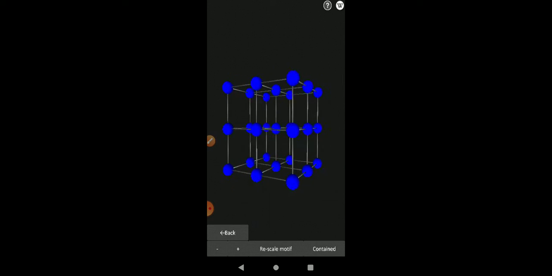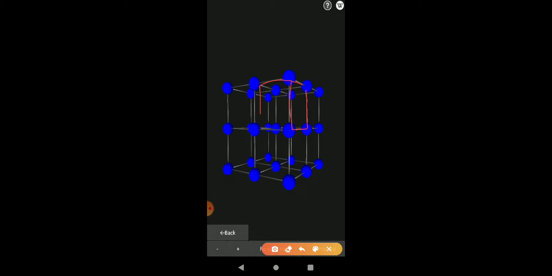And in this crystal, this portion is one unit cell. One unit cell, and there are 8 unit cells present. 1, 2, 3, 4, 5, 6, 7, 8. There are 8 unit cells joined in this crystal. Okay,